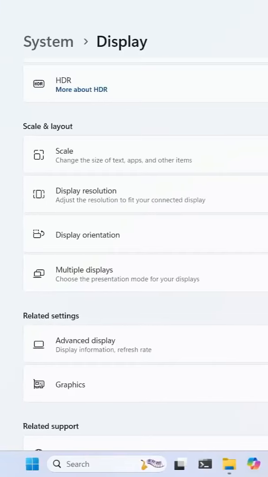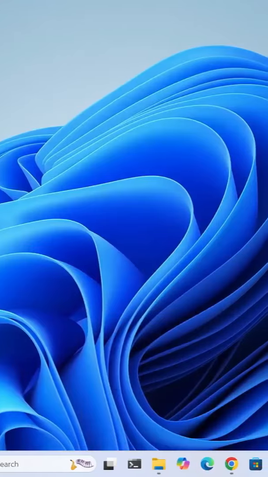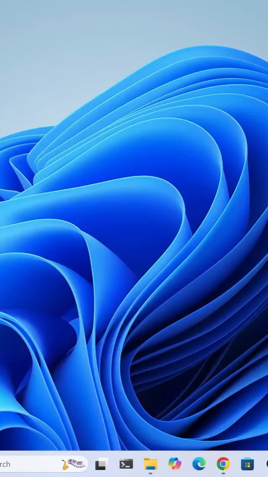And basically that is how to change all the display orientation. And basically that is how to rotate your screen on your Windows 11 laptop or desktop